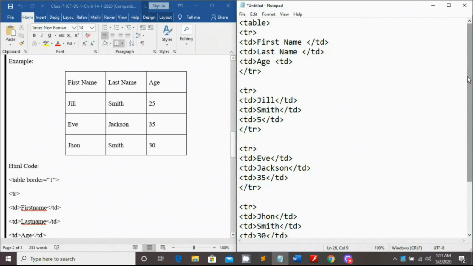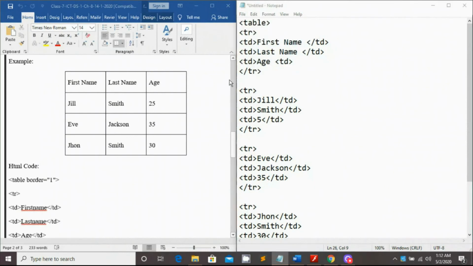Now one more thing. Everywhere in HTML, when you go from one line to another line, you have to write the br tag. But in the table there is no single line, so you don't need to go from one line to another, so you don't need to write the br tag.